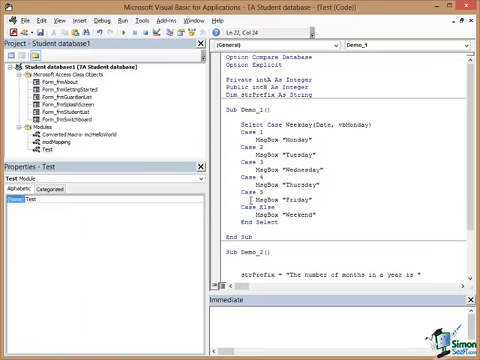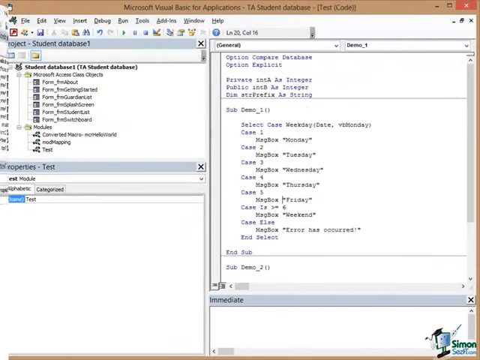Now in fact there is another VBA function called WeekdayName that can do this for you, but I'm really just trying to show you the flexibility of the Select Case statement. The Select Case statement can be made considerably more complex and powerful because you don't have to list individual items in each case. What I've done here is to say cases 1 to 5, I've put out the name of the day of the week, and then here I've put Case Is >= 6,